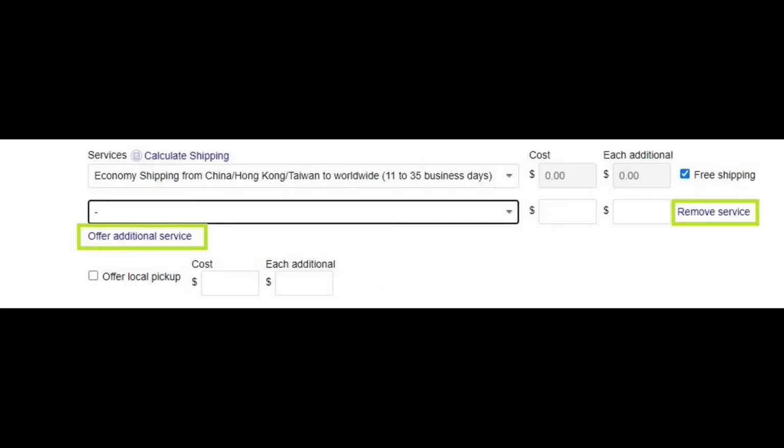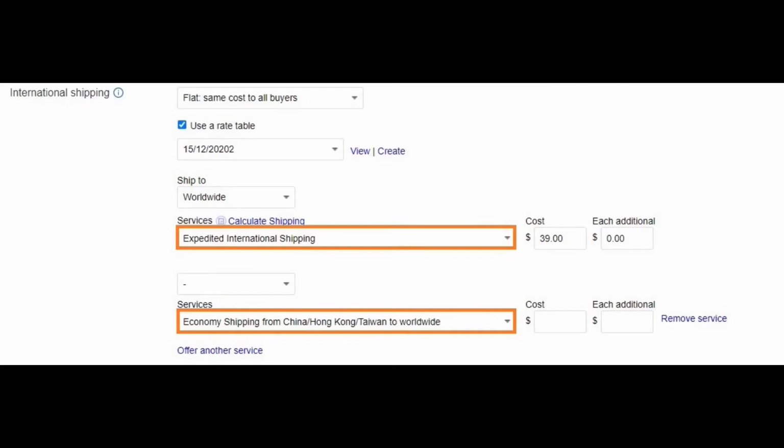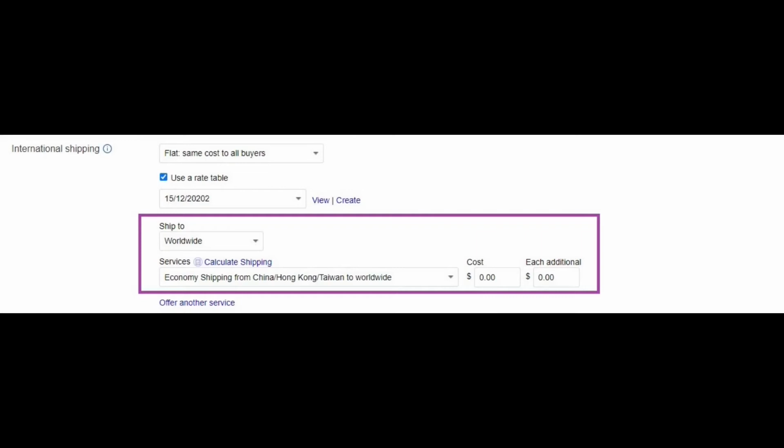Services and shipping cost. The services field provides access to setting up the international shipping services that you can use. Offer buyers economy shipping as their main option and express shipping as an additional, more expensive shipping option. From the drop-down menu under services, select the economy service from the above section, then economy shipping from outside US.